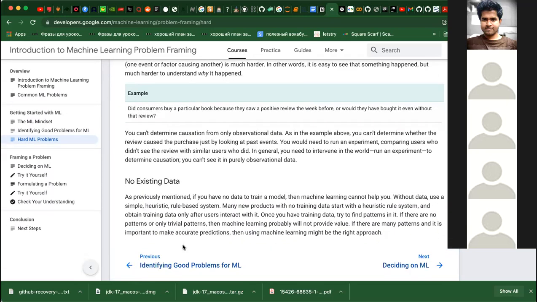And the other thing is data. We need data to work on, and if there is no data, then you can't use machine learning. They also mentioned that to use machine learning, you need a large amount of data. If you don't have it, then it's better to use some statistical analysis only, without machine learning.